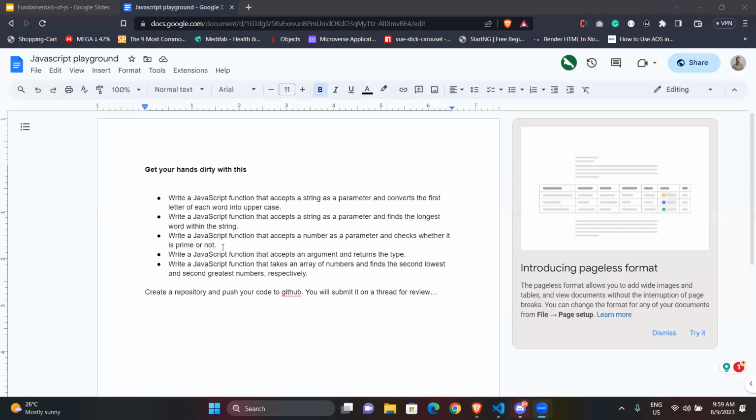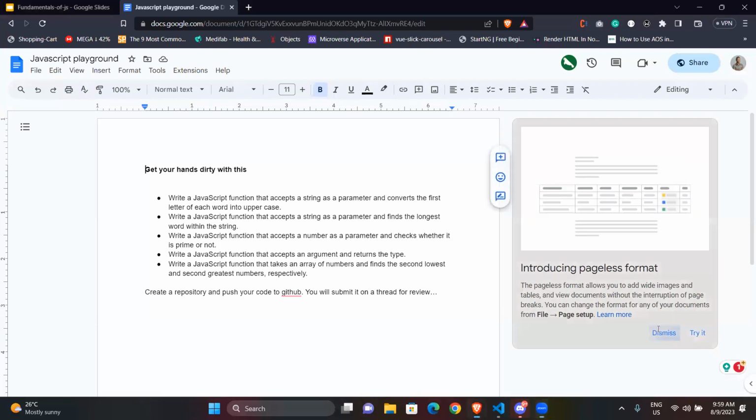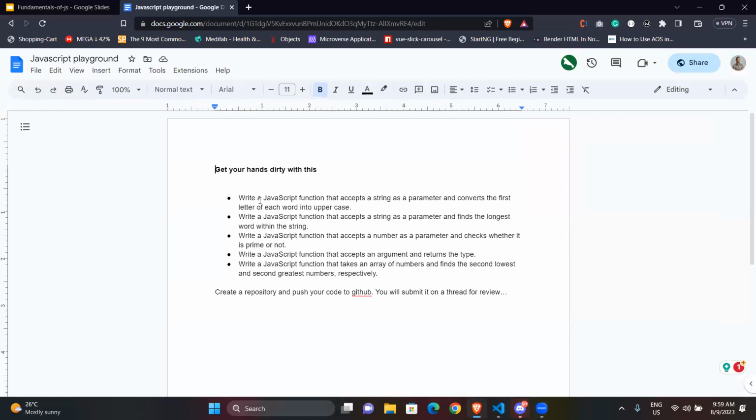Okay, yeah, JavaScript playground. I don't even know how I came up with that name. Let me share again. So these were some of what I gave us to do.